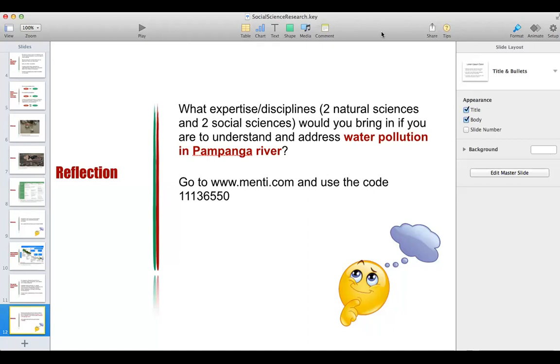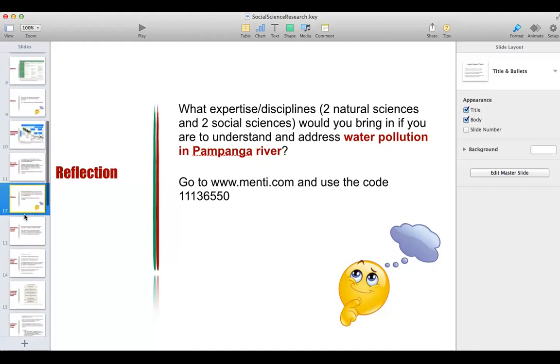As a matter of fact, it would be better if we try to integrate fields in the natural sciences and the social sciences for us to have a better grasp of the environmental problem that we're talking about. And environmental science is actually doing that. That's basically the beauty of environmental science. So ini-integrate niya ang iba't ibang disiplina across natural sciences and social sciences to come up with a different understanding of your environmental problem, right? So yun yung kagandahan ng disiplina ng environmental science, right?